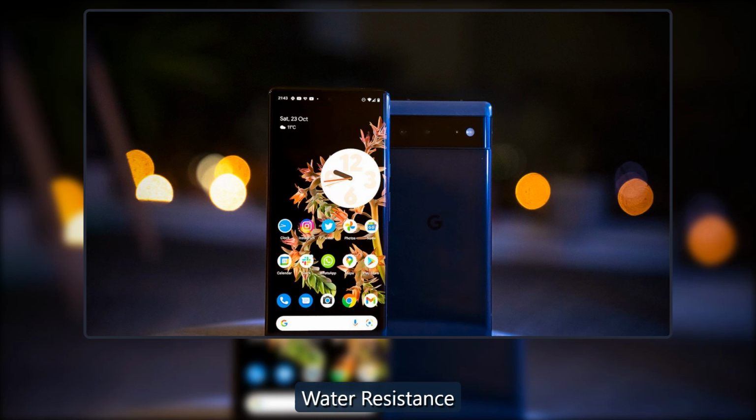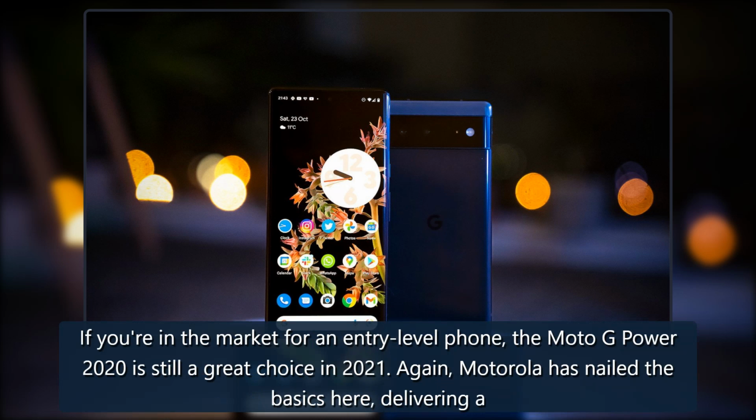Water resistance: none. Dimensions: 159.9 by 75.8 by 9.6 millimeters. Weight: 199 grams. Pros, cons. If you're in the market for an entry-level phone, the Moto G Power 2020 is still a great choice in